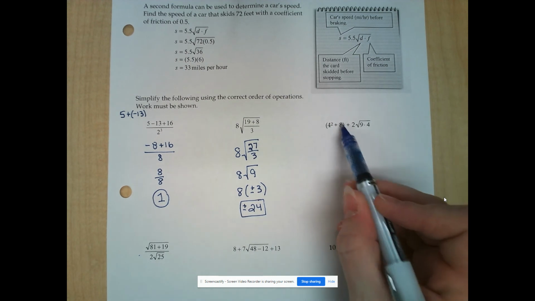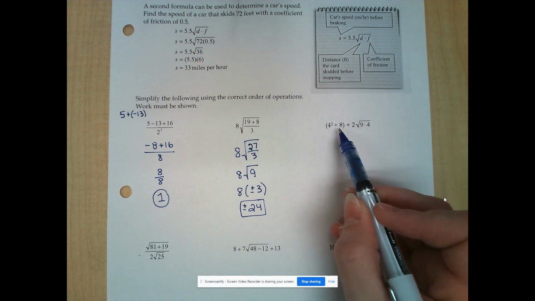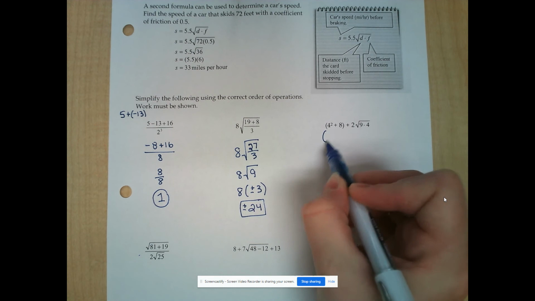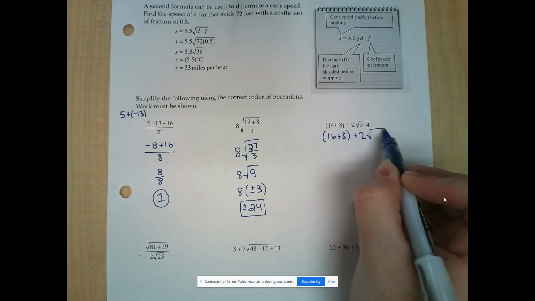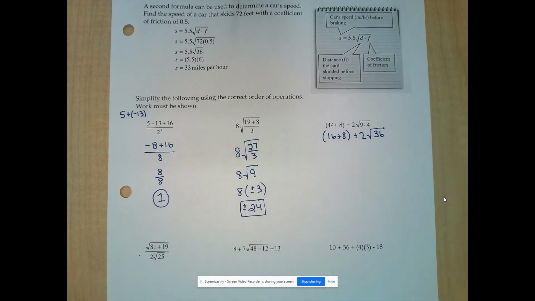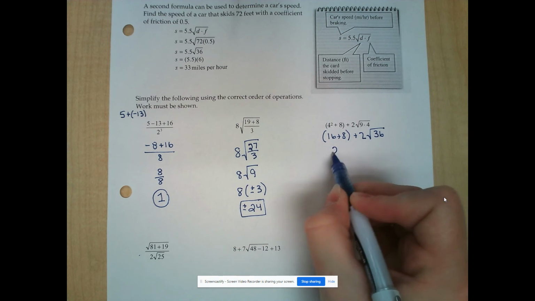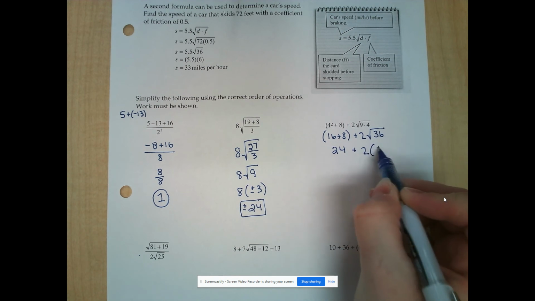This one, I've got parentheses and I've got a radical. I would start with the parentheses because they're on the left. Inside the parentheses, I'd start with the exponent. So 16 plus 8 plus 2, and under the radical, 9 times 4 is 36. Since they're not touching and don't have anything to do with each other, I can do them in the same step. 16 plus 8 in parentheses is 24 plus 2, and the square root of 36 is plus or minus